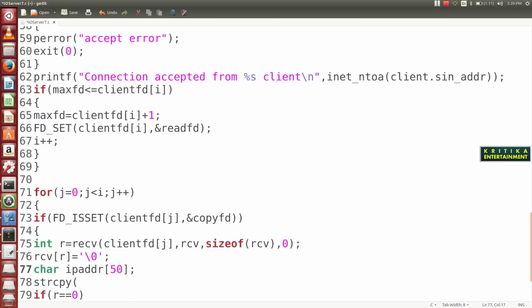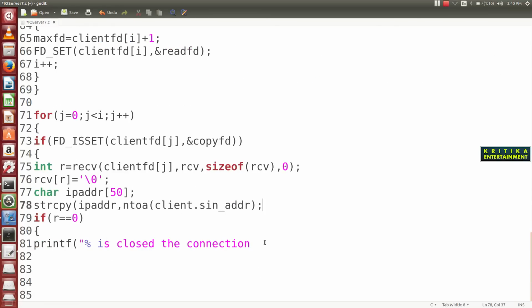Then here write strcpy IP_ADDR, then inet_ntoa client.sin_addr. Then here write closed connection, then \n, IP_ADDR.